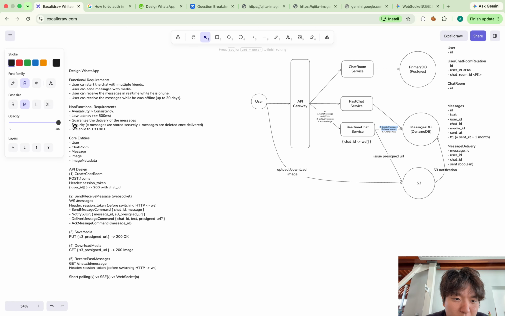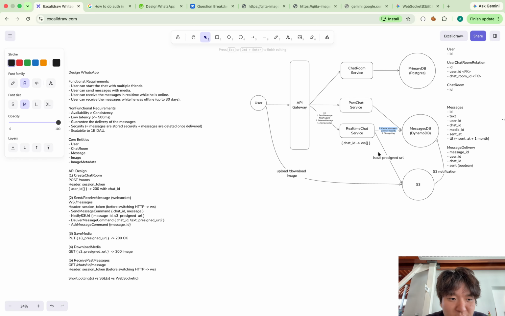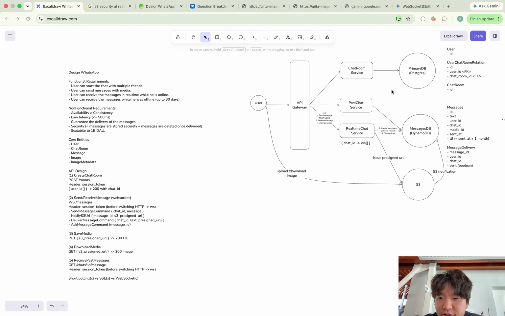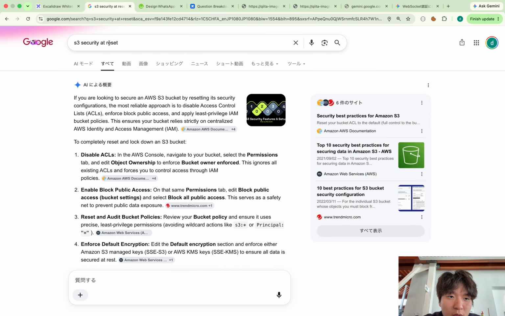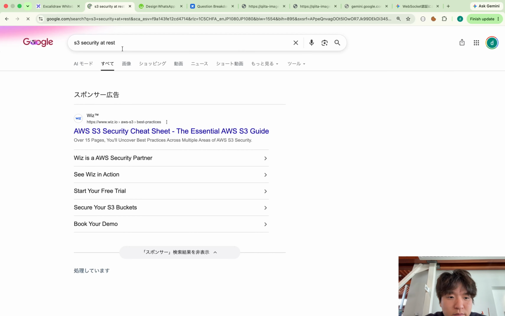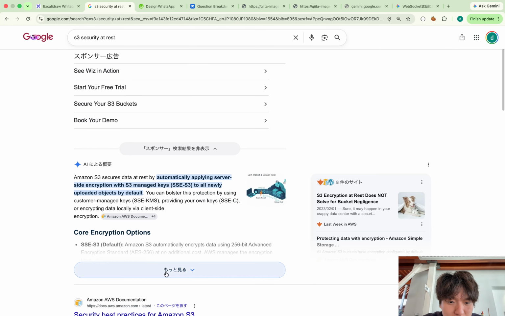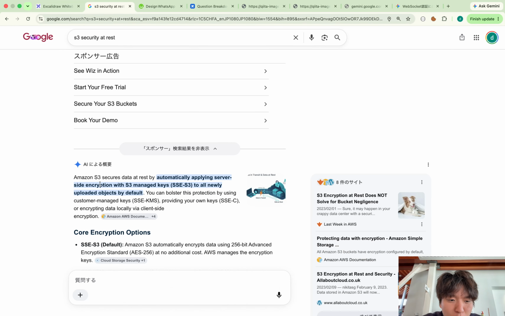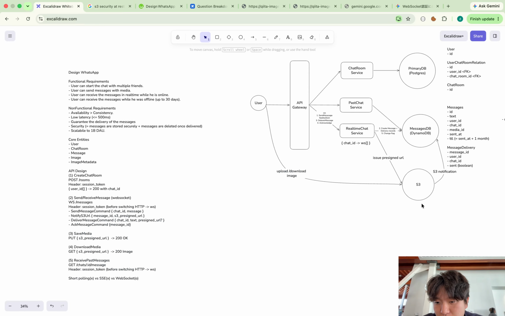And I will quickly talk about the security. So messages are saved in S3. What I'm talking about here is S3 security at rest. So yeah, we can use encryption in S3.